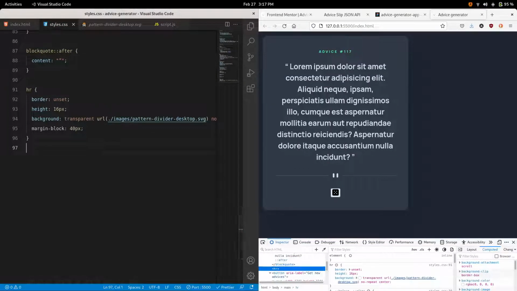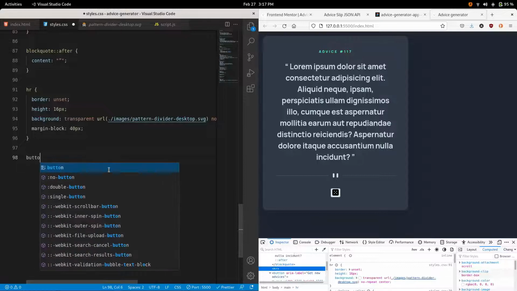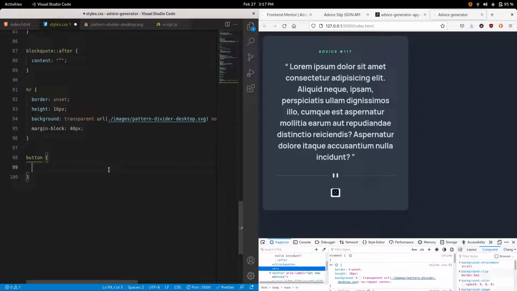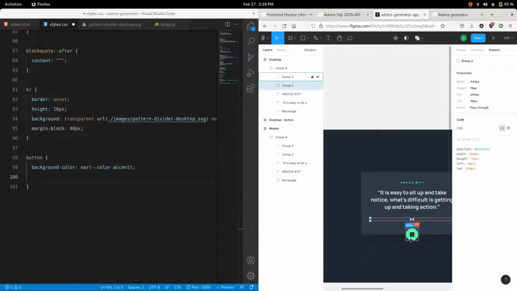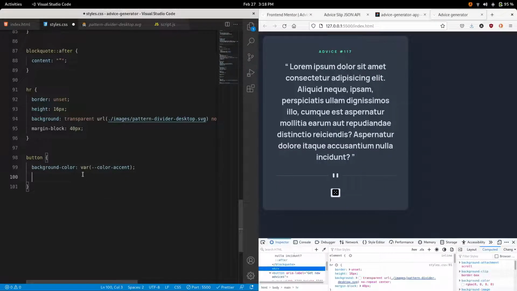And then finally we have our button, which is going to be fun to style. I like to style buttons, I don't know why. Let's select the button, and first we set a background of var accent color. We set it to a width and height defined by our design. It's 40, no, it's 64 by 64 pixels. So let's go with